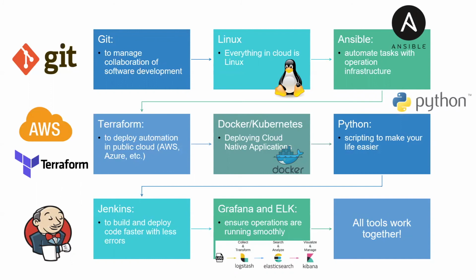And last but not the least, which is in fact the most important. I know a lot of people know all these technologies, but the only problem is that they have never done, in their whole life, a project which does everything end to end. Because any system that I'm showing here cannot do anything by itself. If you just know Ansible, if you don't know Linux, you are good for nothing. If you know AWS but don't know Terraform, you don't know anything. So you have to know everything and know how to make these work with each other.